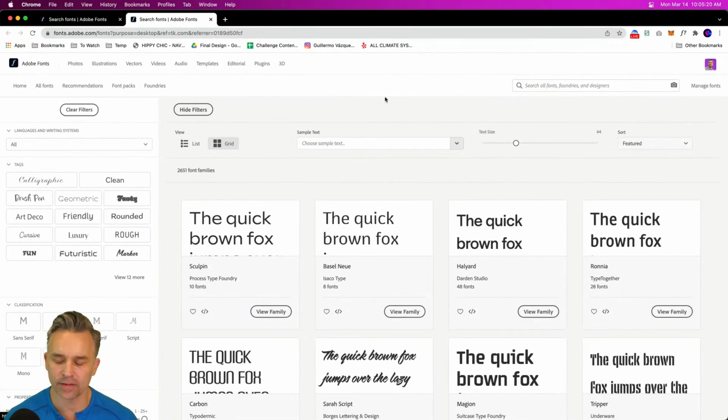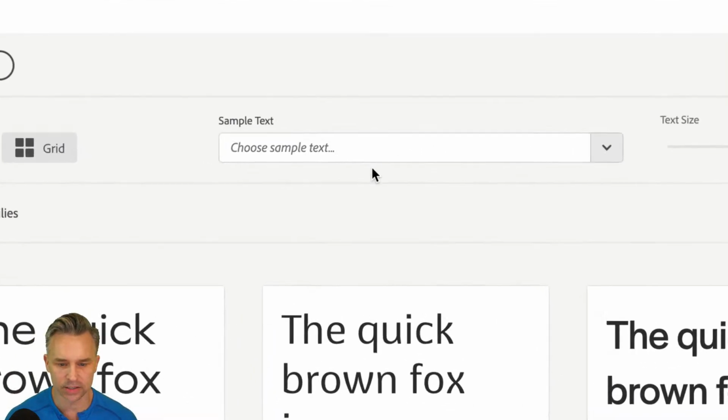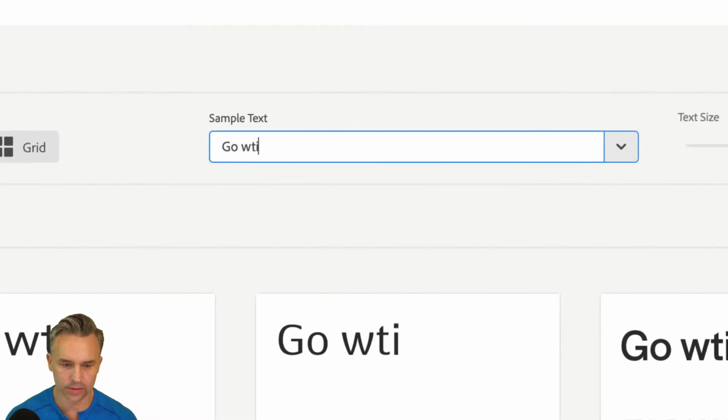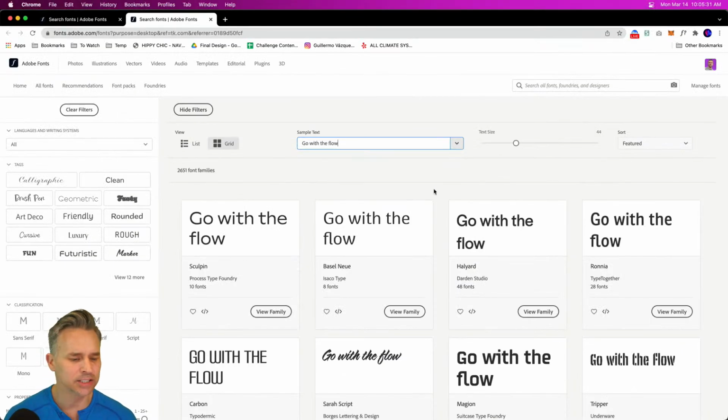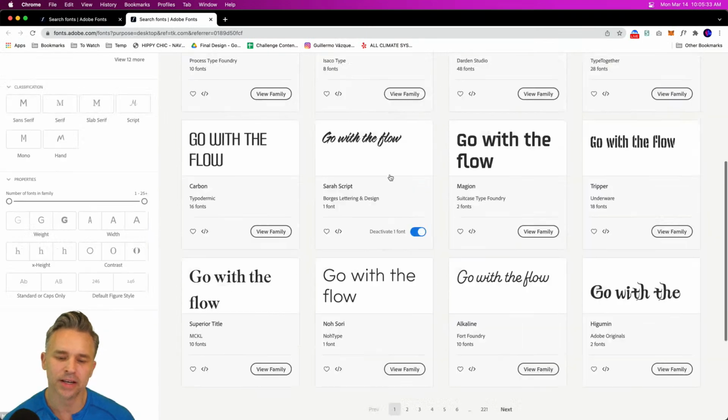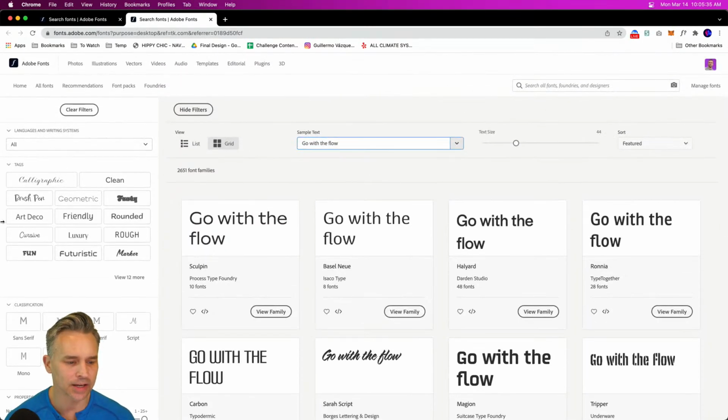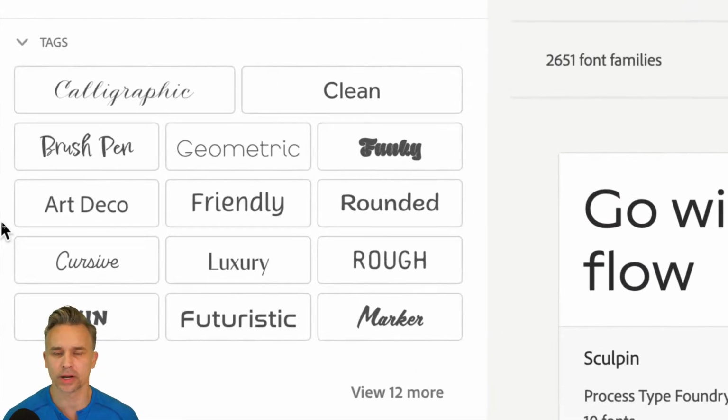All right, so here we are. This is where we're going to get our fonts. Just make sure you're logged in. We could even, for our sample text, type in "go with," because that's what I want you to do this week: have fun. Just go with the flow. Just go with it. You might not see anything in here that you like. And this is what I love about going out to